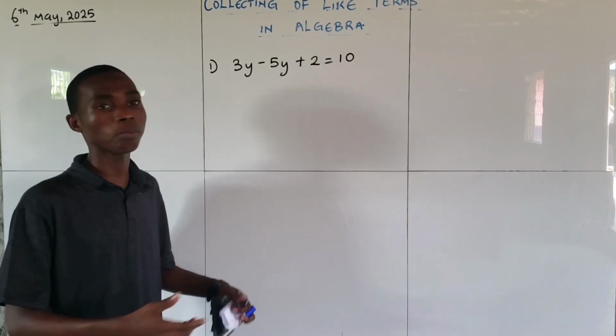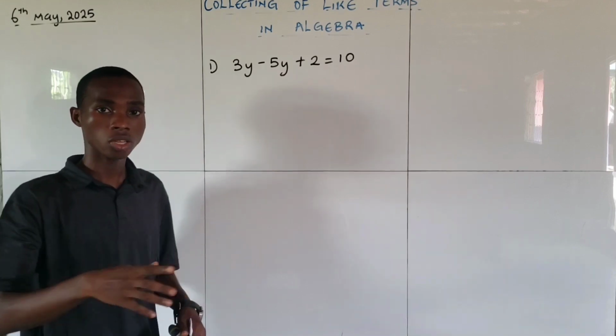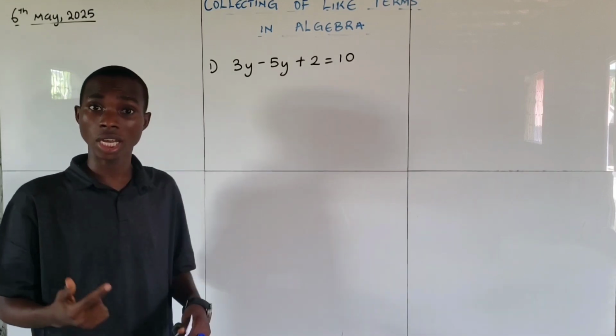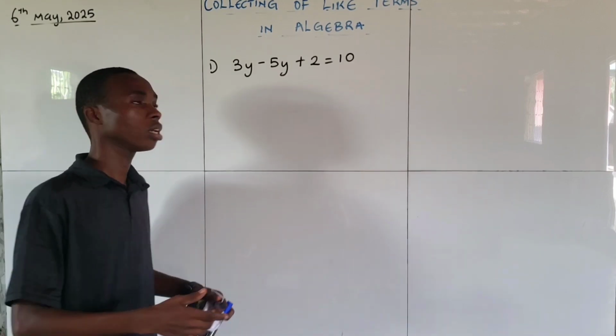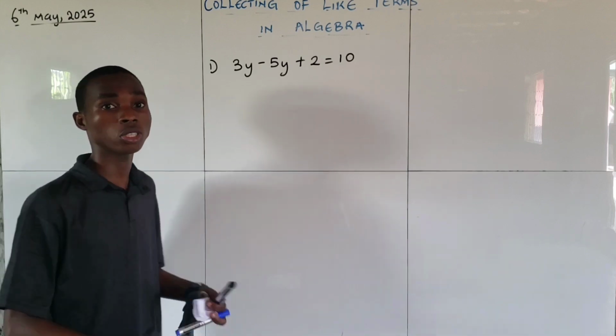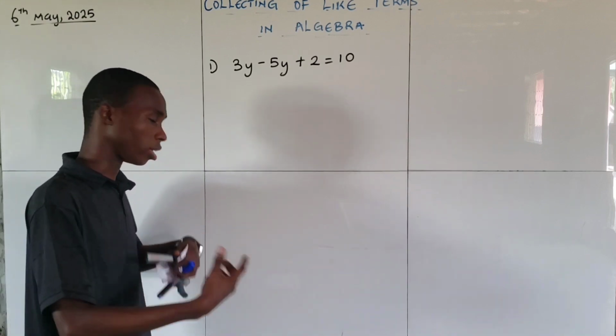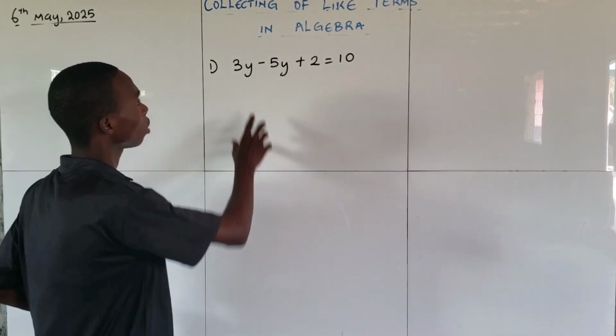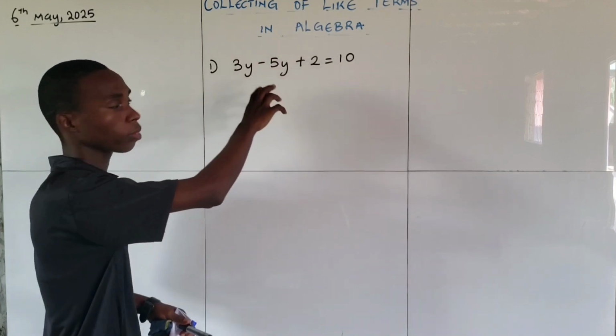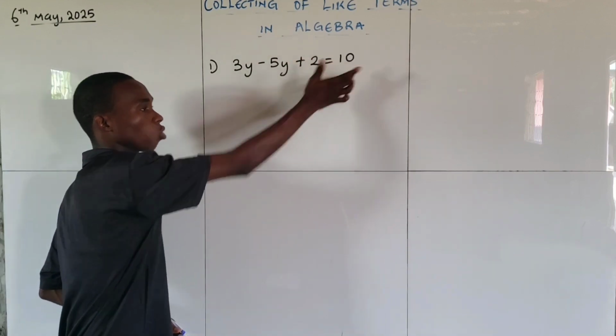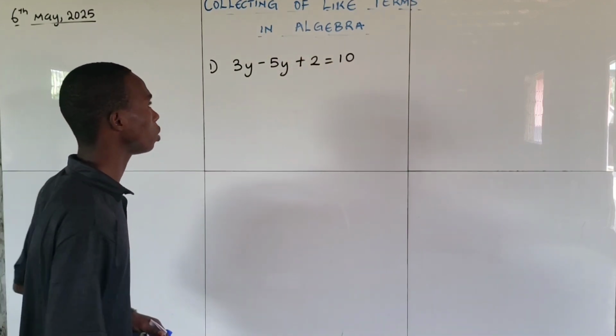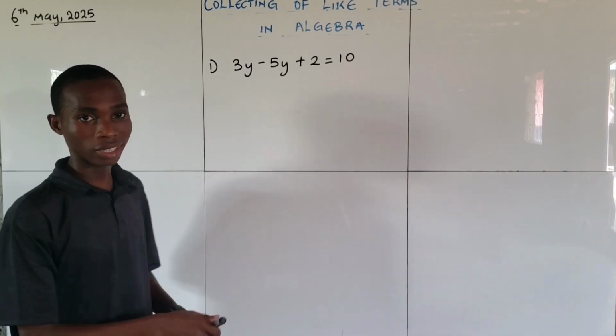I did more of the explanation in my introduction to algebraic expression. So if you want to learn more of this, you need to get to my algebraic expression video, which I did as the introduction. With that, you will know what is the coefficient, what is the constant, and the variable. I differentiate that. So now we have the coefficient here, and we have a constant here. So what we need to do is, if we want to collect like terms,